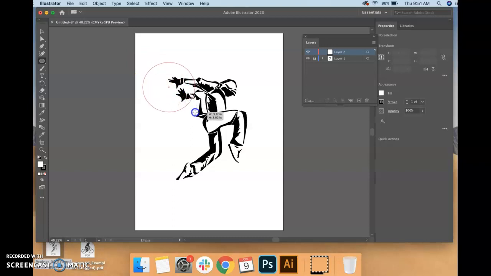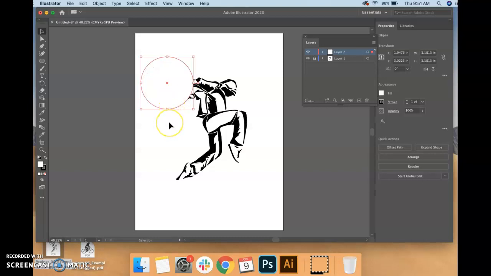and I'm going to draw a little circle right there, and I'm going to move it with my move tool. And so you can see that right now it's fully white and it's got a black stroke. So in order to affect stroke and affect fill, I'm going to go over here on my toolbar, and you can see this top square right here is fill, and this bottom one, which looks like an outline, is the stroke. It's the outline. So I'm going to double click on my fill,